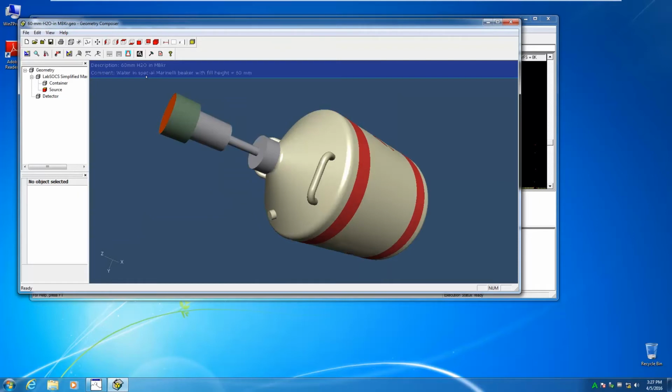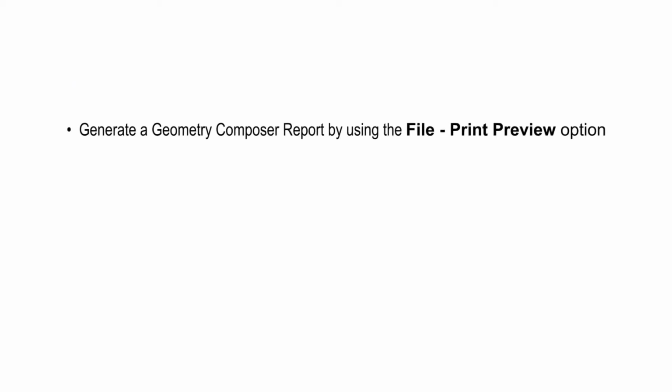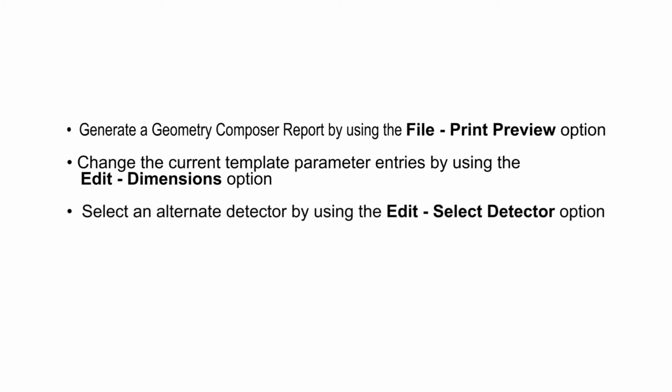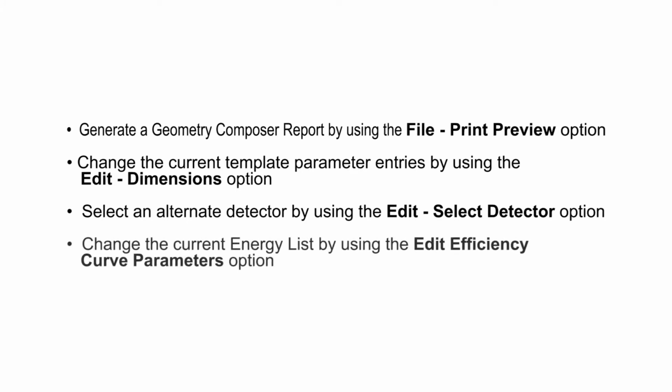At this point, we could perform any of the following operations. Generate a Geometry Composer report by using the File Print Preview option. Change the current template parameter entries by using the Edit Dimensions option. Select an alternate detector by using the Edit Select Detector option. Change the current energy list by using the Edit Efficiency Curve Parameters option. For this demonstration, we will omit those options and assume we are ready to proceed with the LabSOCS efficiency calibration